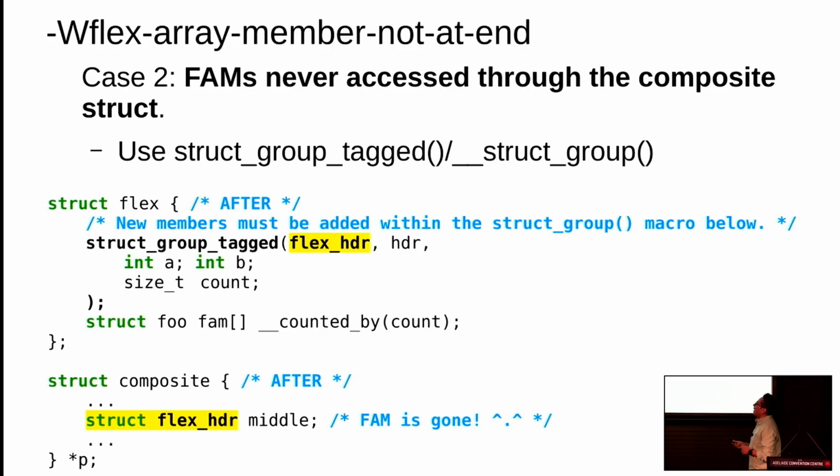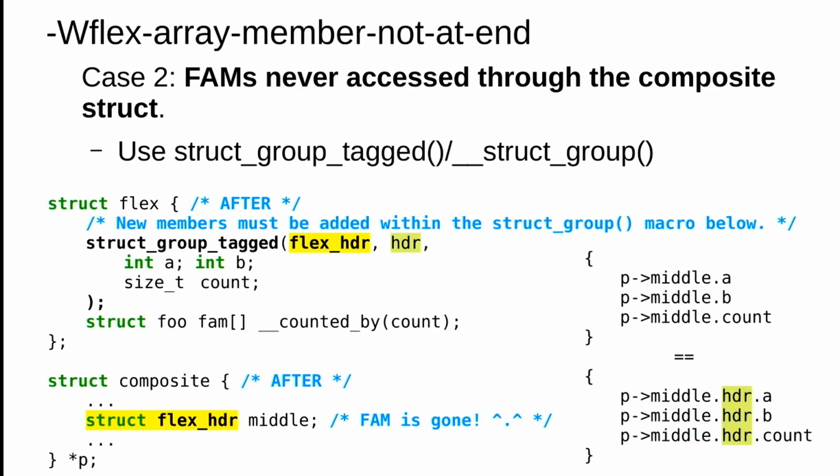In this case, we create a new struct type with this identifier, and we just replace the type of the conflicting object, and we don't need to create a completely separate structure, right? We can do that thanks to the magic of struct group tagged. And here, just as an example, these two pieces of code are identical, so we can still access the members in this group directly without having to go through the identifier that we created here, right? So these two blocks of code are equivalent.